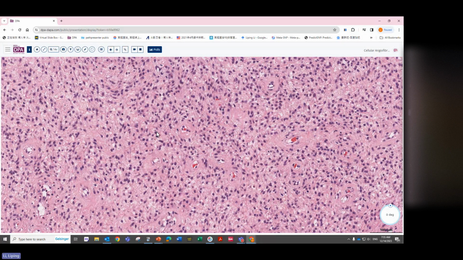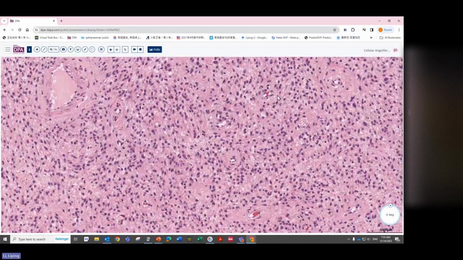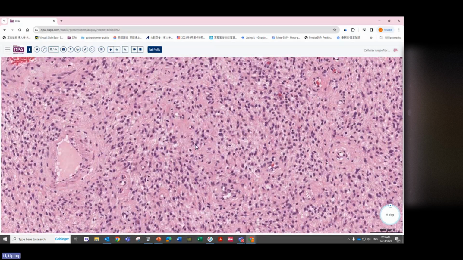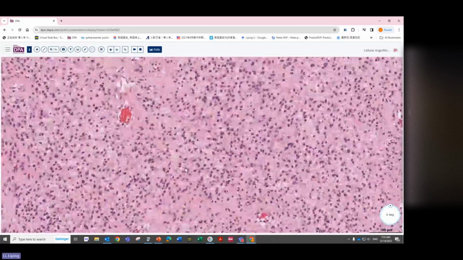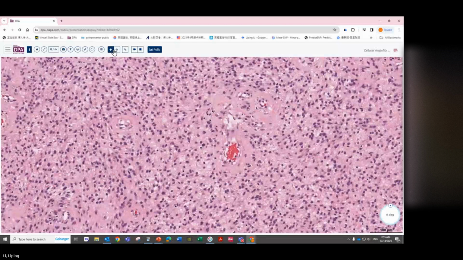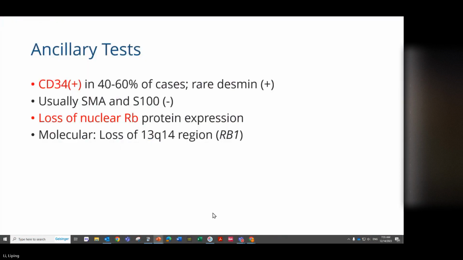And then lots of these bland-looking spindle cells that all look the same, and the cellularity is relatively high. Okay, so for this soft tissue part of GIM,